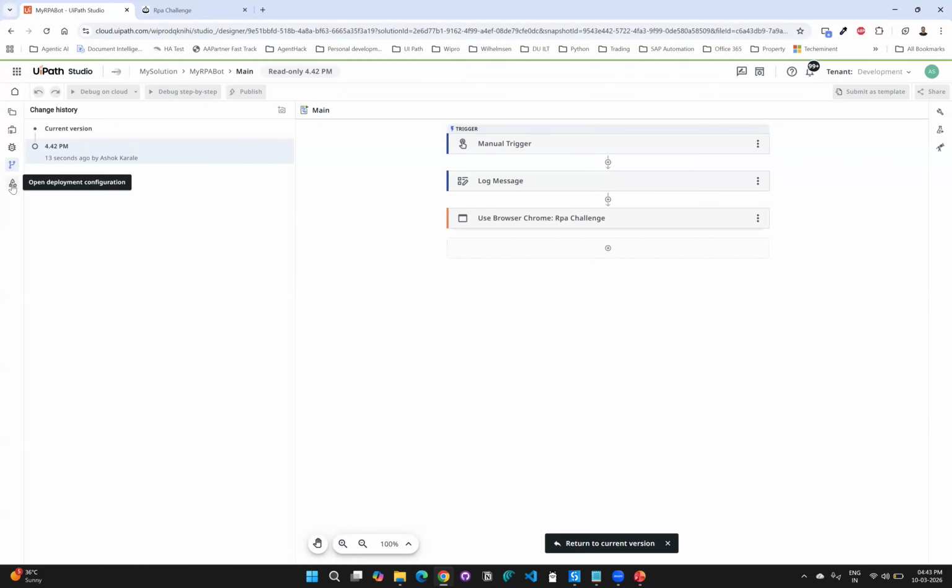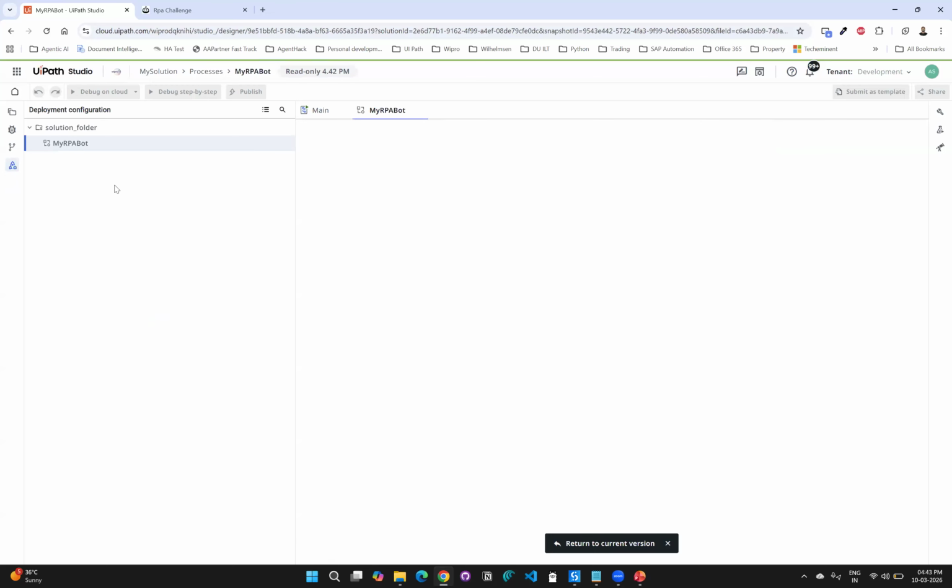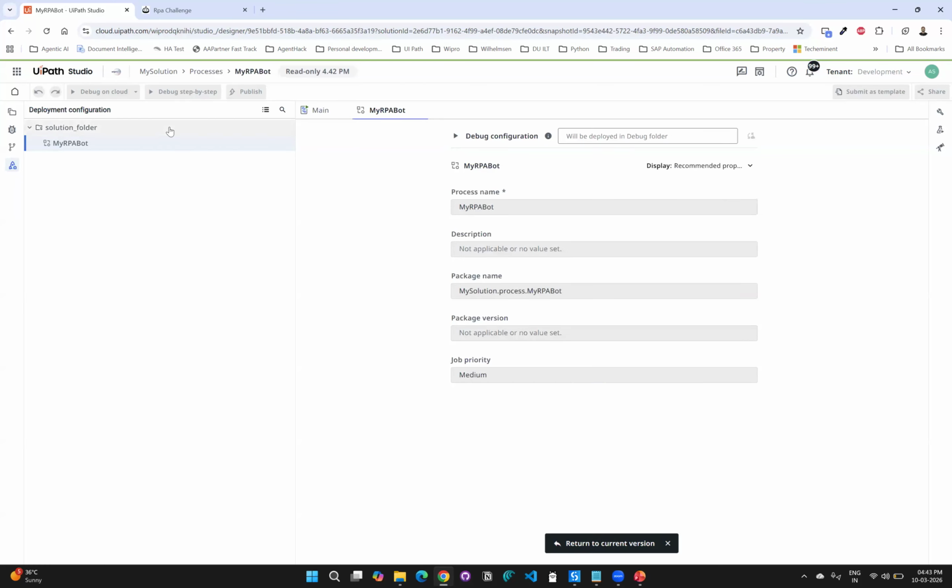Without any external source or repository control. Okay. This is deployment configuration. How you want to deploy this particular bot, we can configure it in here. So this is nothing but the solution configuration. This is also one of the detailed topics we can cover, but for now I will just give a brief